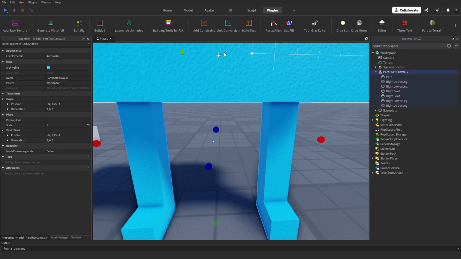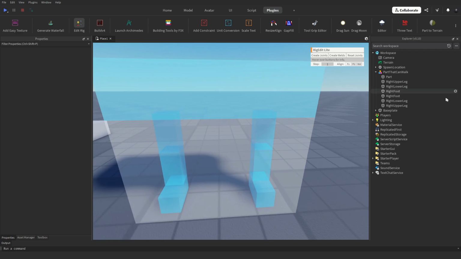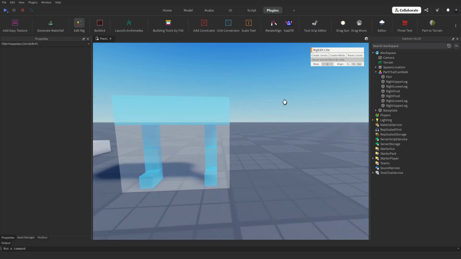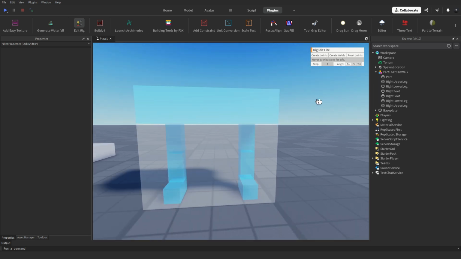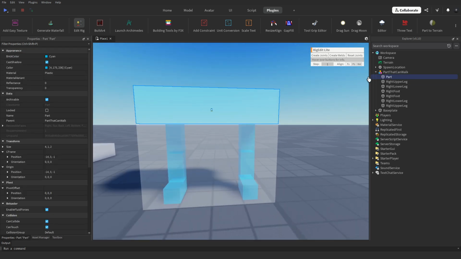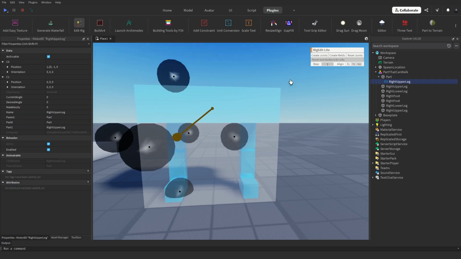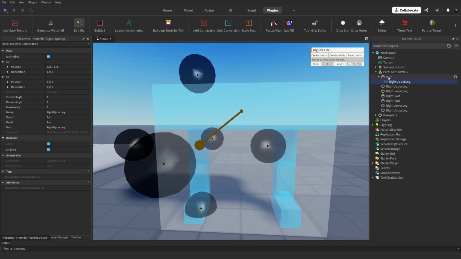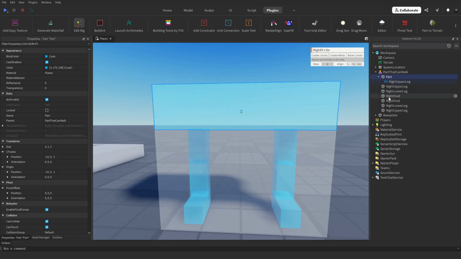Oh yeah, you actually have to select the thing. Alright, there you go. So select the model and then click edit rig, and you can see those. We haven't done anything with the rig yet. So first you want to select the part and then select the right upper leg and then create joints. You can see it adds a little line to it. That's good. And you want to select the main part and the right